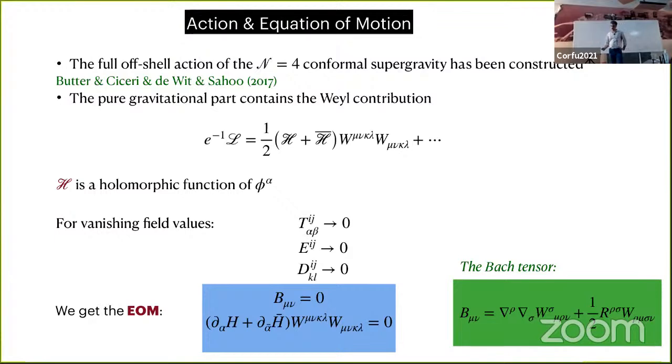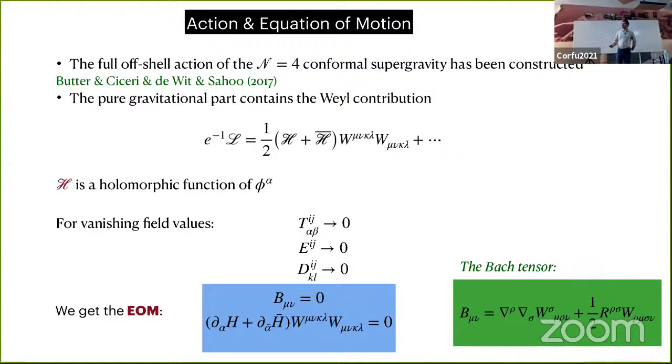This is the Bach tensor, and this equation of motion is found after varying the action with respect to the metric. The Bach tensor is given by this equation here. It has this form, and it has to be contrasted with the Einstein tensor. Notice that any metric contraction of the Bach tensor is 0, so it is traceless. This fact is the reason that conformal supergravity cannot give us information about distortions of distances and volumes,